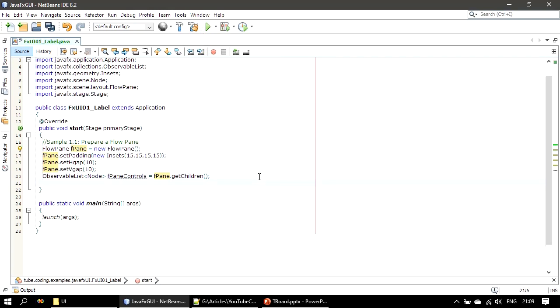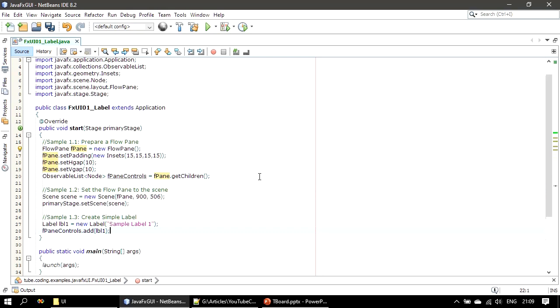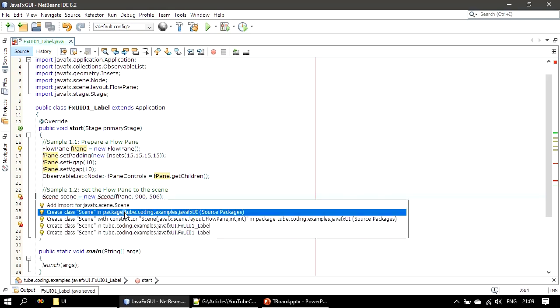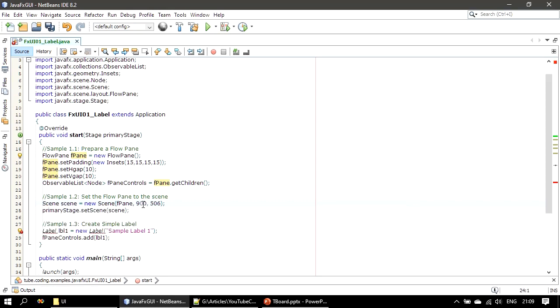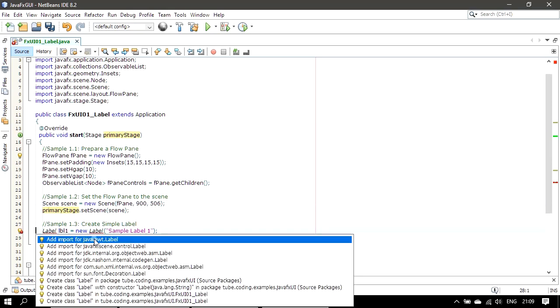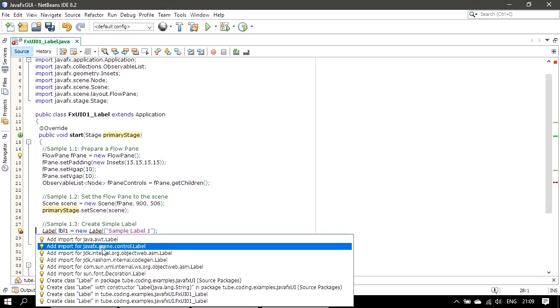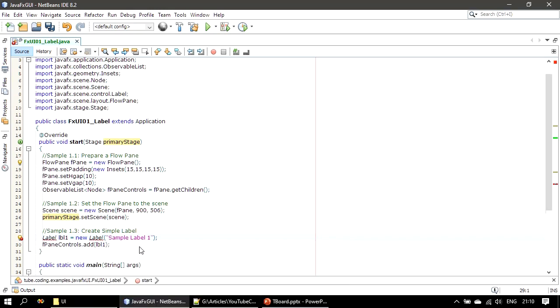So next, after creating the FlowPane, here if you see, we create a scene, JavaFX Scene. We define width and height. After that, we are setting the scene to the primary stage, that is coming here as a parameter. Then we create our UI, JavaFX scene control, that's the package. Inside the control package, we will be having the UI control Label, and we give a string, and that's what